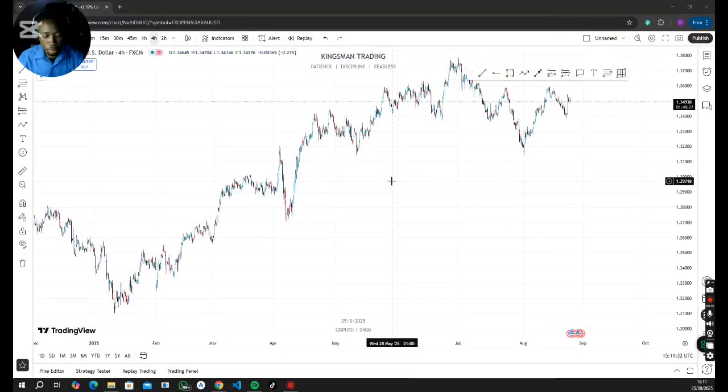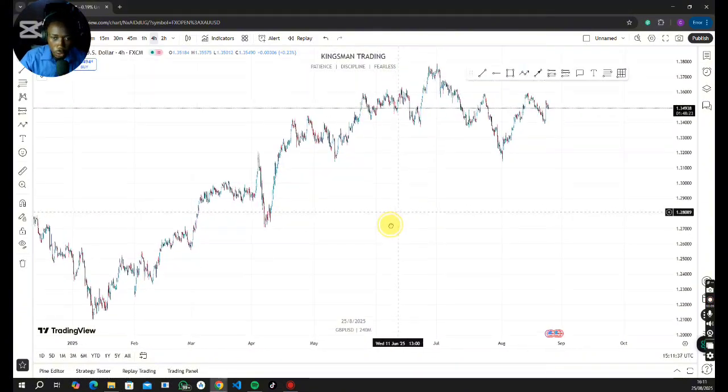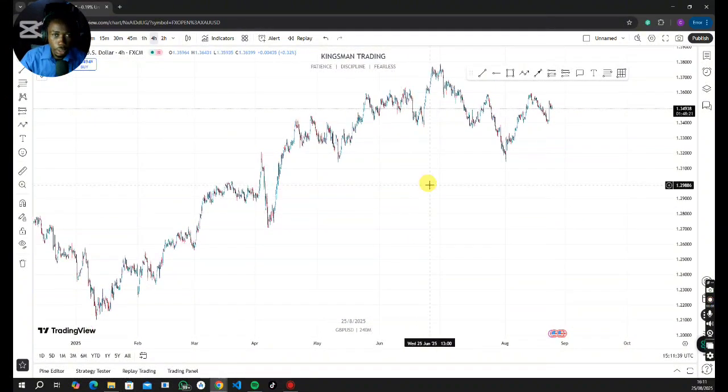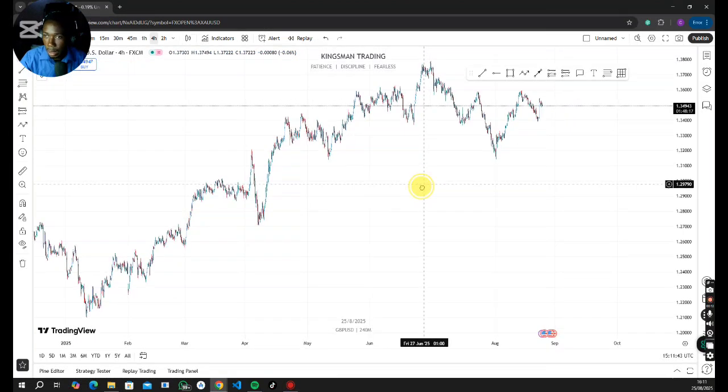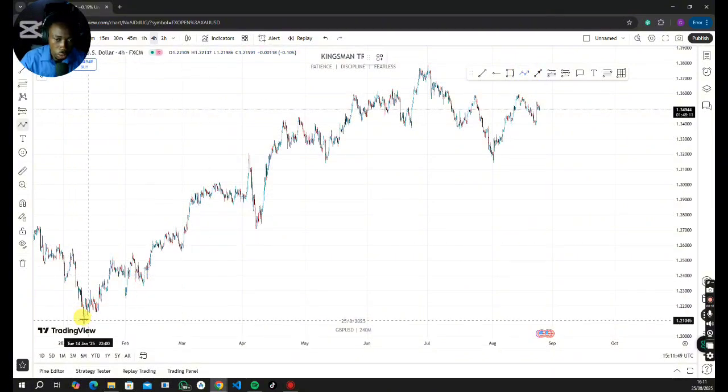So guys, this video is in respect of our previous video on market structure, and this is the GBP/USD 4-hour time frame, to be precise. I'm going to be using this chart example to explain the basic market structure. So right here, we have